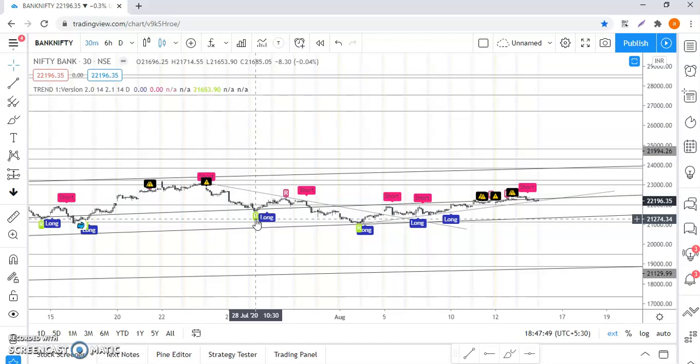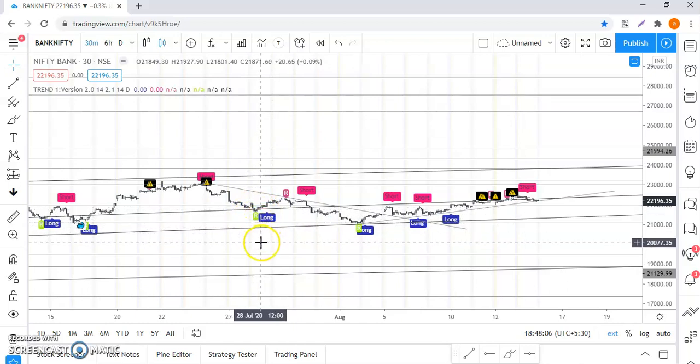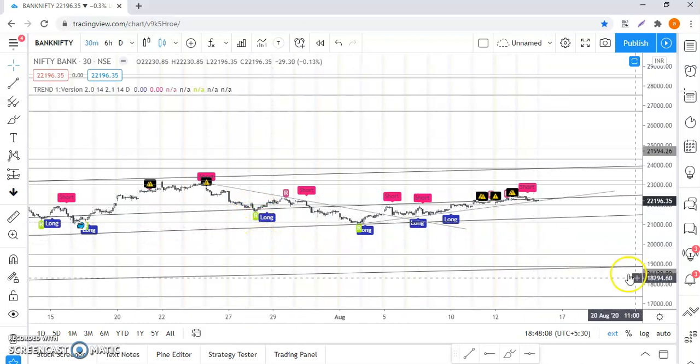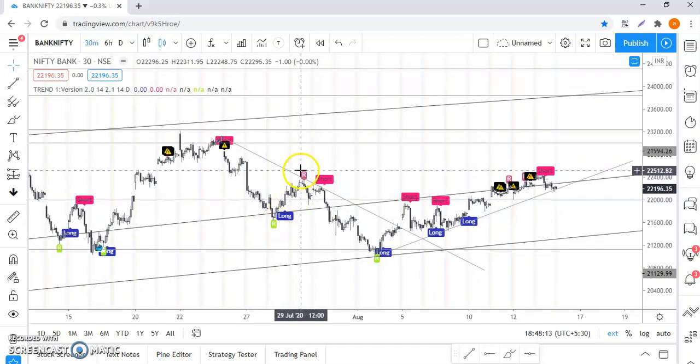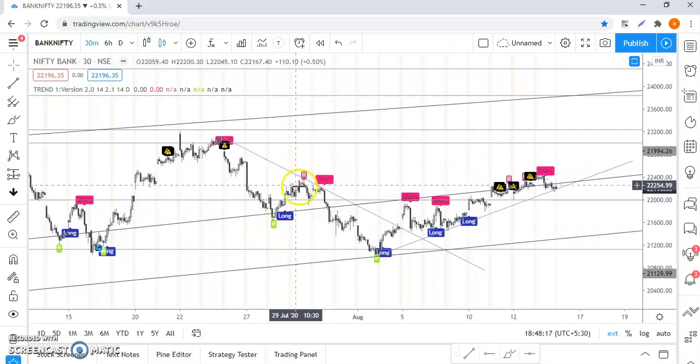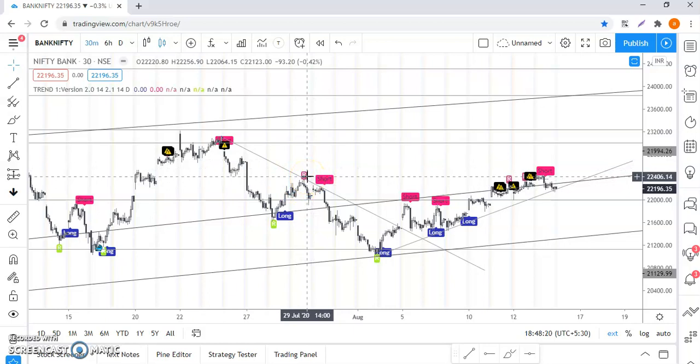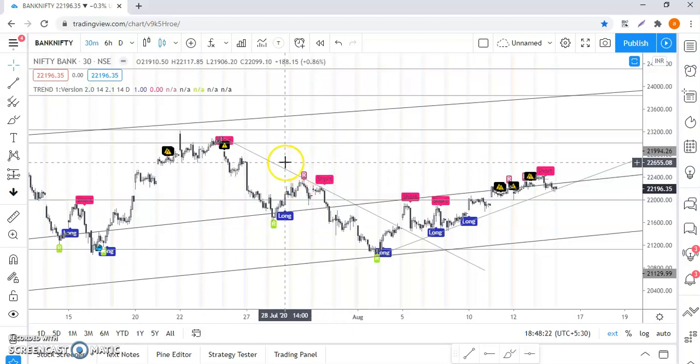So we have just called the mathematical formulas of all these three and combined them into one. We have given different weights to it. It's very easy to code, so those who know coding can do it. But anyway, this will also help you identify proper divergences, bullish divergences and bearish divergences. The green R stands for the bullish divergence, and this pink R will stand for the bearish divergence. So the moment you see this type of thing on your chart, you should immediately change your positions accordingly.